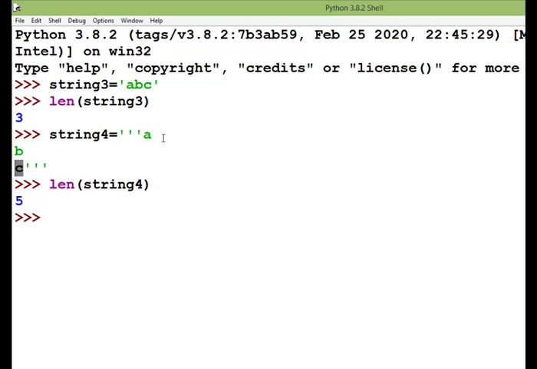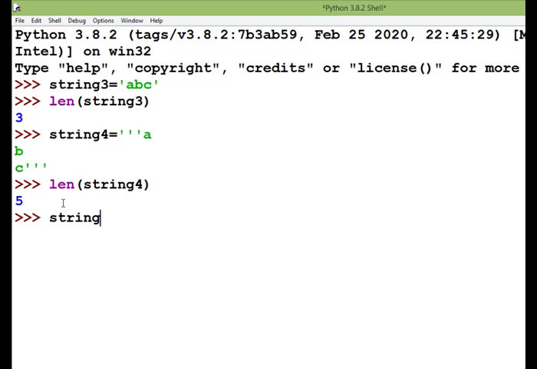So 3 characters and 2 enter keys, 1 enter key here and 1 enter key here. So that's why whenever we press enter, Python counts it as a character, a non-graphic character that we have learned.